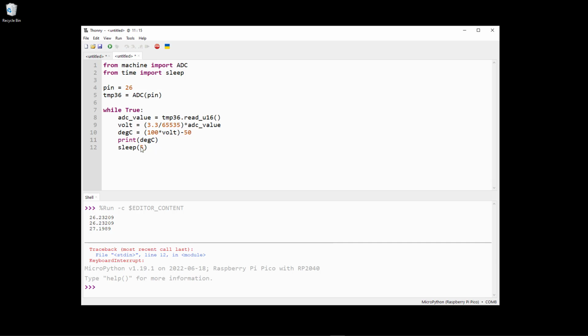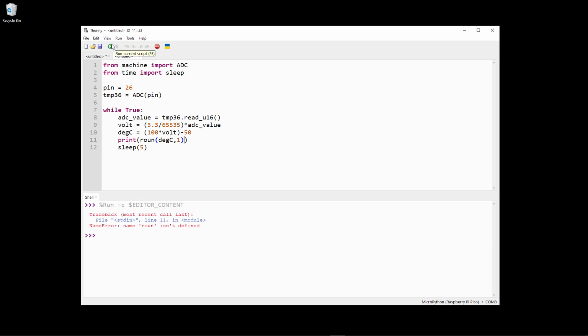so then we can just use this built-in round function to limit the number of decimals like this. So let's just run it once more. Round. So now we get the temperature 26.4,